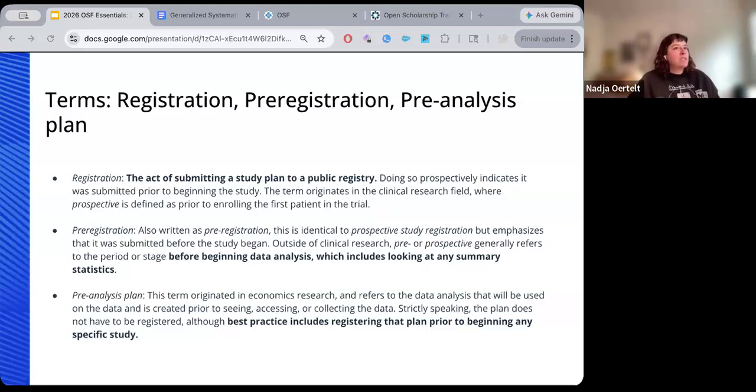And strictly speaking, it doesn't have to be registered, but best practice is to register it. For review work specifically, which we're focusing on today, prospective registration means before submitting your protocol, before you begin screening. That's the standard that Prospero also uses, but we'll use registration throughout today's session as the general term.